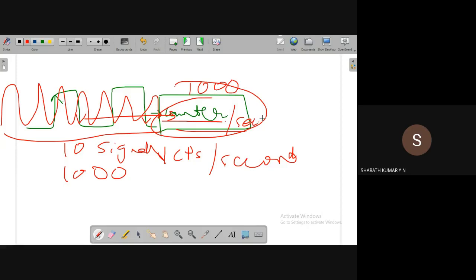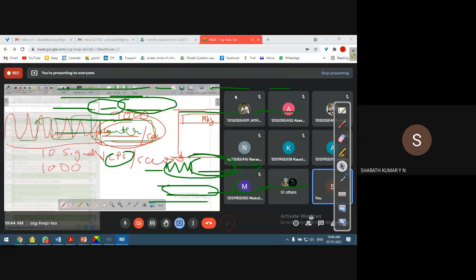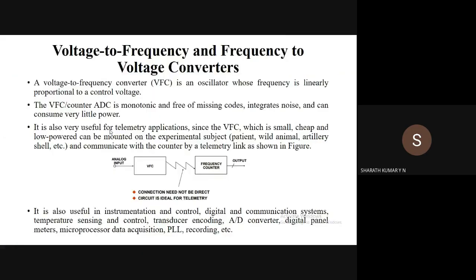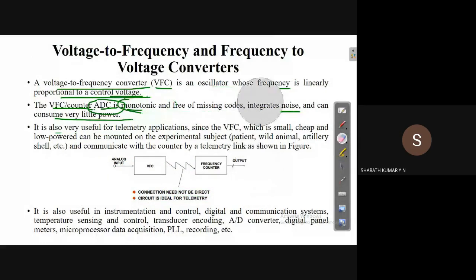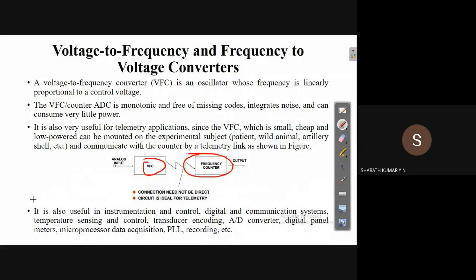Of course, in our laboratory we don't have it. I think we have two digital oscilloscopes, not in the ADC lab, but in other labs. In those oscilloscopes, this counter part is inbuilt. That oscilloscope has one inbuilt counter which indicates the frequency directly in terms of megahertz or gigahertz. So that's it. The frequency counter helps in measuring the frequency of the signal generated by the voltage to frequency converter. Thereby we are varying the frequency of the output of this VFC, so we can measure the frequency of the signal.